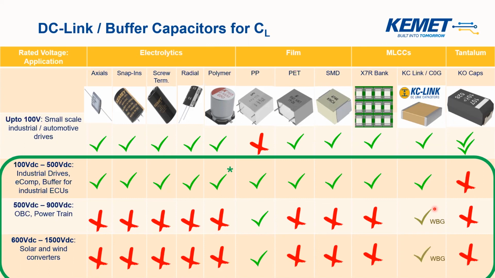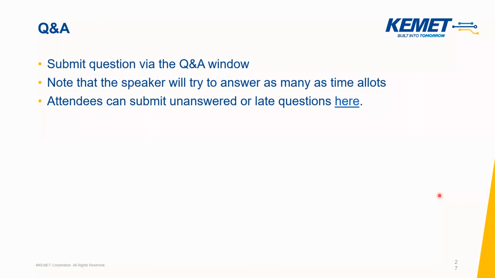Because then typically you would not need more than maybe 100, 200 nanofarad. What you would need is high ripple current capability and high temperature capability. This is where a ceramic based smoothing capacitor would become more and more useful. So this would be then the end of the presentation. If you have any questions, please feel free to ask, or feel free to drop me an email afterwards.